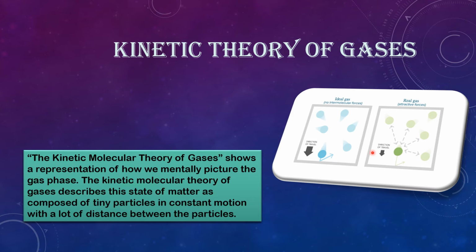First one, a gas consists of a collection of a very large number of minute discrete particles called molecules. They are spherical, perfectly elastic particles. Second one, the molecules of a gas within a container are believed to be in a state of ceaseless, chaotic motion in all directions with high velocities, continually colliding with each other and with the walls of the container.